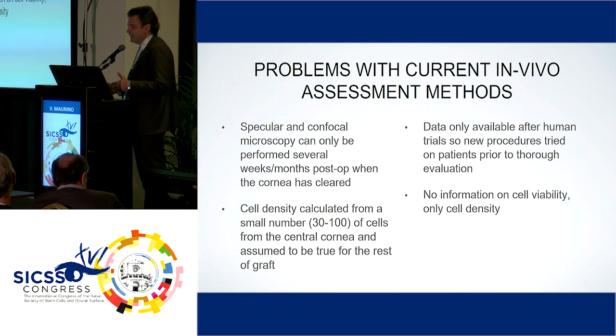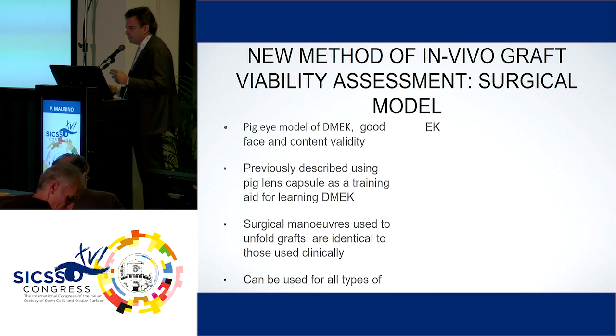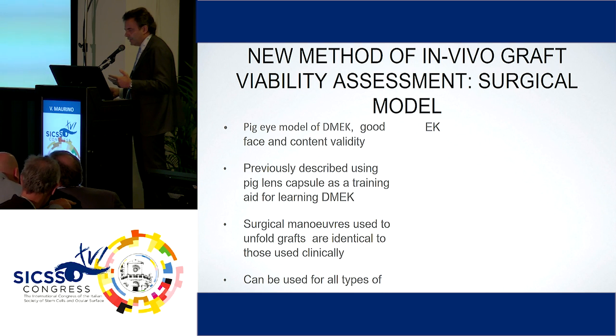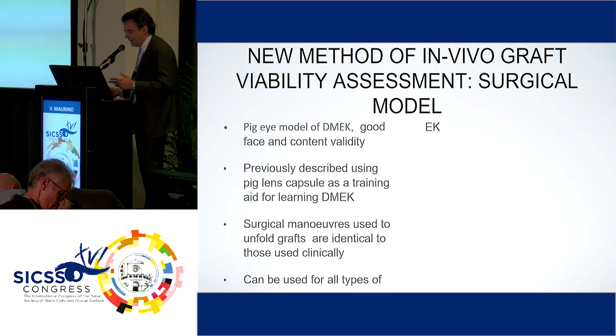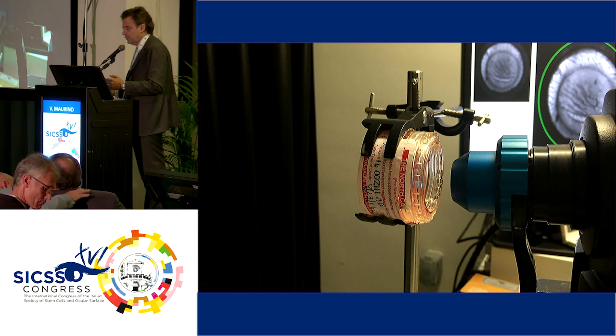The problems with current in vivo assessment methods are that confocal microscopy and specular microscopy cannot always be performed, especially in case of corneal edema. The cell density is assessed only on a small portion of cells, and so we presume that the same applies to the rest of the cells, but we do not know for sure. And so Bogal has developed this in vivo method to assess the viability of cells in pigs, and the same method has been used in the past for training purposes, and the lens capsule in pigs has been used